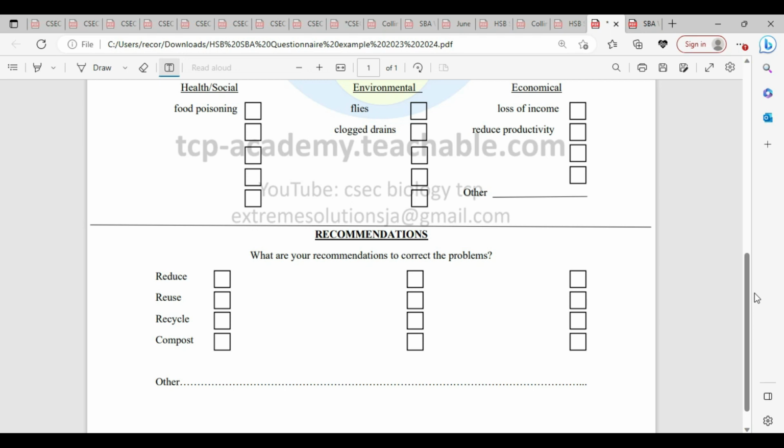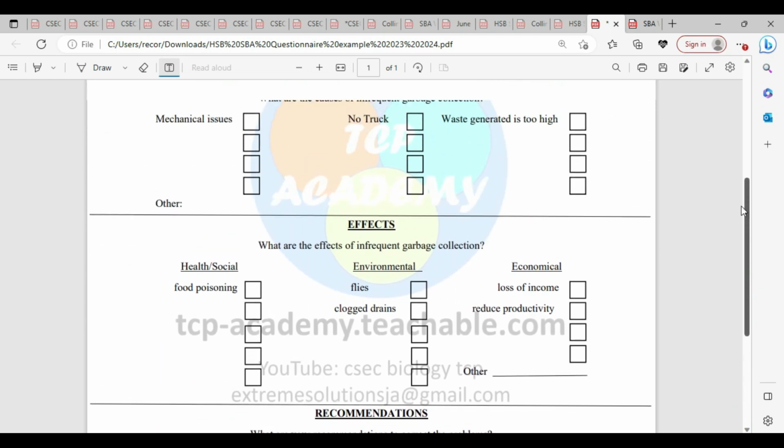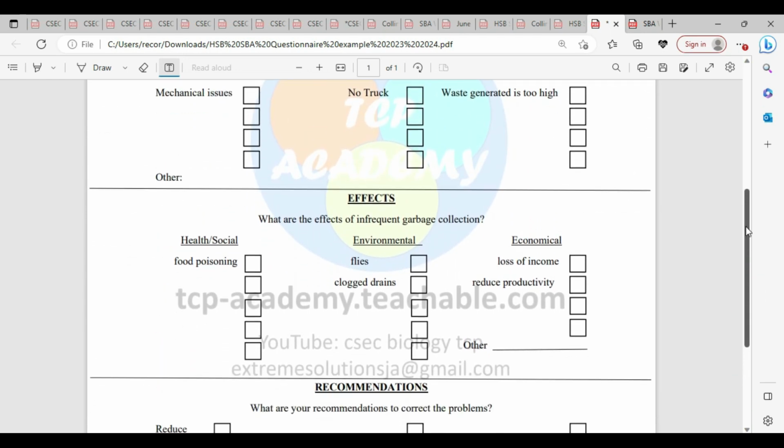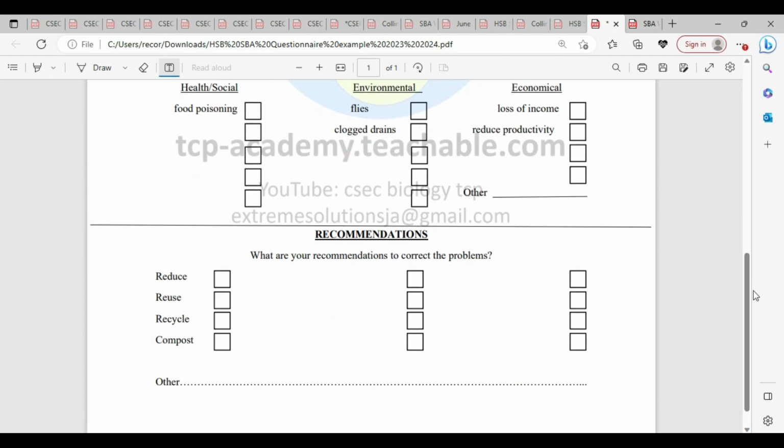Now, your recommendation is going to be answering to your cause up here, what the cause is, and it's going to be answering to your effects. So your recommendation, it is a standard. And most of these you are going to be seeing recommendations like reuse, reduce, recycle, compost, rethink. Those are going to be generic answers based on what we're doing now with environmental science